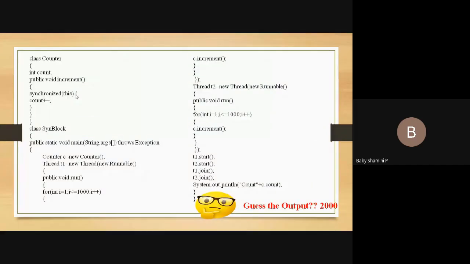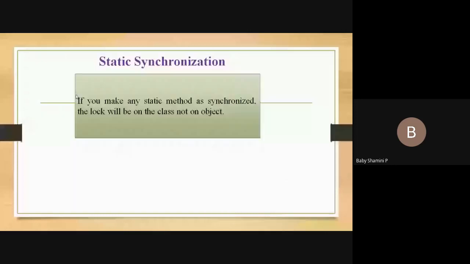Here we have object T1, object T2. If you are using a synchronized method or a synchronized block, the lock is on the particular object. Object T1 locks the particular resources. But in static synchronization, if you are using synchronization on the class, the lock will be on the class, not on the particular object. So the total class will be locked for the particular duration of time until the thread completes its execution. Once it completes its execution, it releases the resource. That is the difference between the previous method and this method.